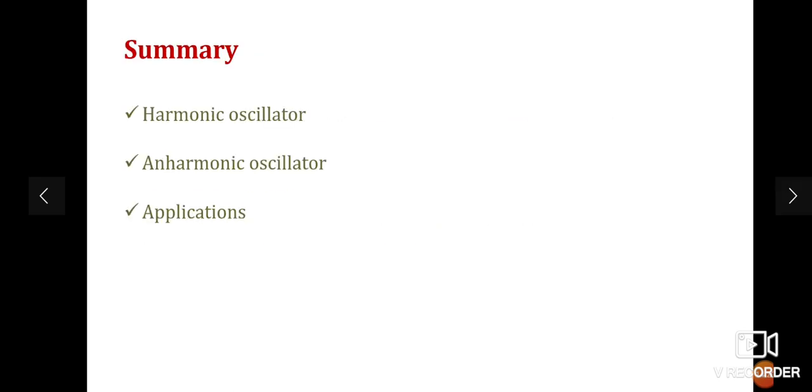We have seen the derivation of the harmonic oscillator using the Schrodinger wave equation, and we saw the different vibrational energy levels and the anharmonic oscillator also. We came to know that the harmonic oscillator will not exist permanently, and anharmonicity will be there. We also found so many applications of IR spectroscopy. So with this I conclude the IR spectroscopy chapter. Thank you.